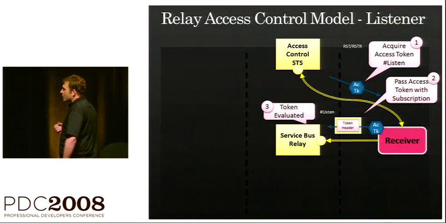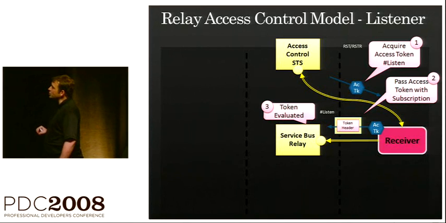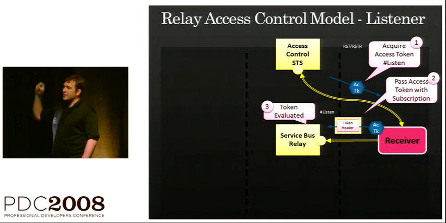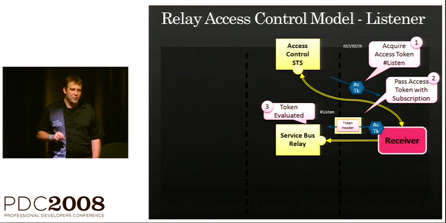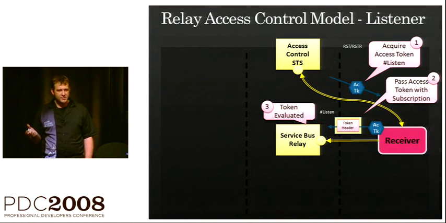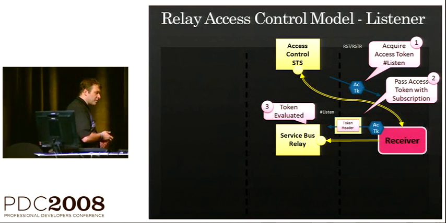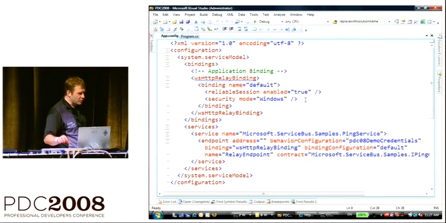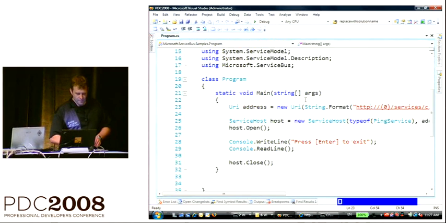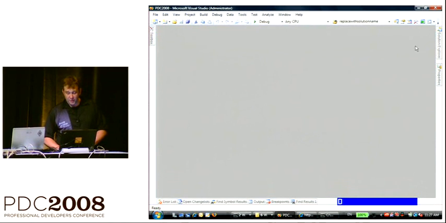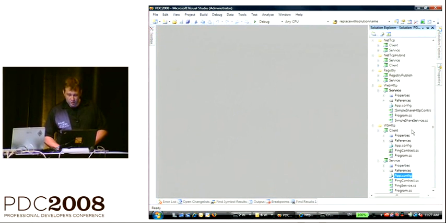How does that work? The receiver goes to the access control service, and we've seen a little bit of that in the service registry sample. So this is the place where that really gets explicit. Let me go and flip back to that so you can see it. This is the REST version of this. So let's go and look at the registry publish service again.